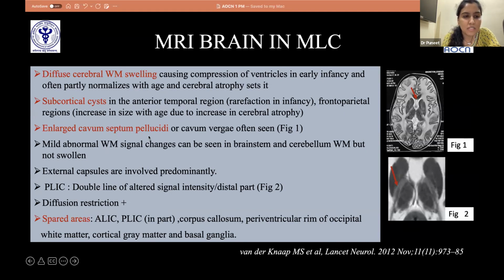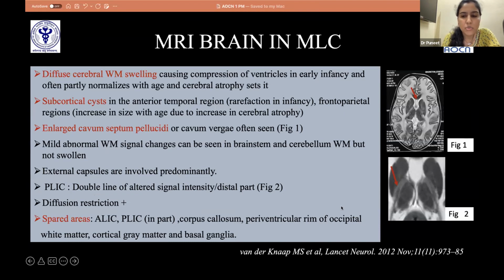With time, the subcortical cyst increases in size, and it is mostly due to increase in cerebral atrophy. Another feature which can be seen in MLC is an enlarged cavum septum pellucidum. Mild abnormal white matter changes can also be seen in brainstem and cerebellum, but as a rule, no swelling will be seen in these areas. These are the external capsules which are involved predominantly. Posterior limb of internal capsule, if at all involved, is usually present in the form of, we can see here in figure 2, the entire length of PLIC showing hyperintensity. So either a double line of altered signal intensity you can see, or only the distal part of PLIC can